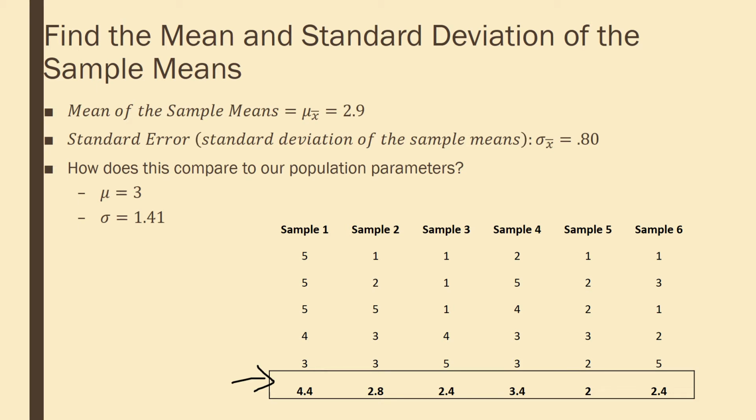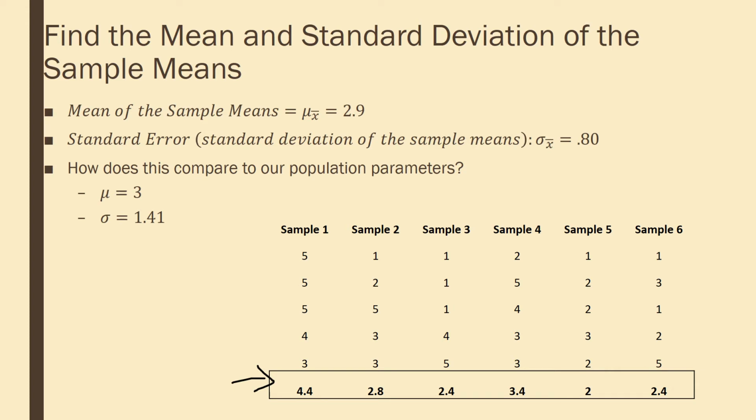So you can see that the mean of the population and the mean of the sample means are approximately equal to each other. We can also see that our standard error is less than the standard deviation from our original population. And that kind of makes sense, because if you look at these numbers here,